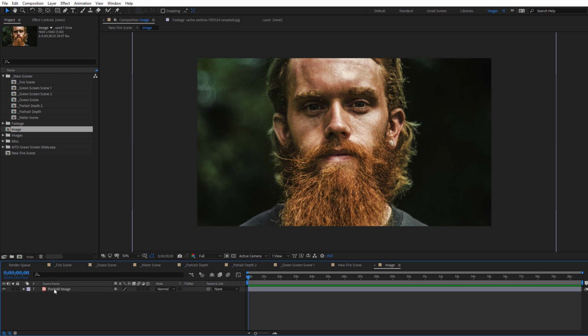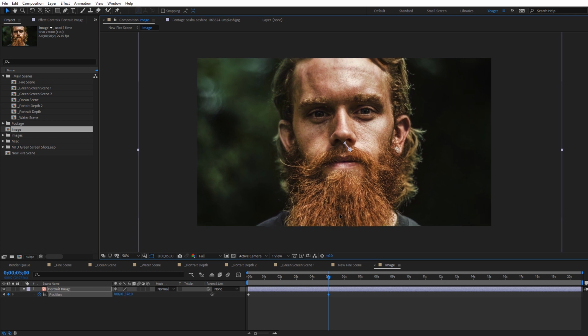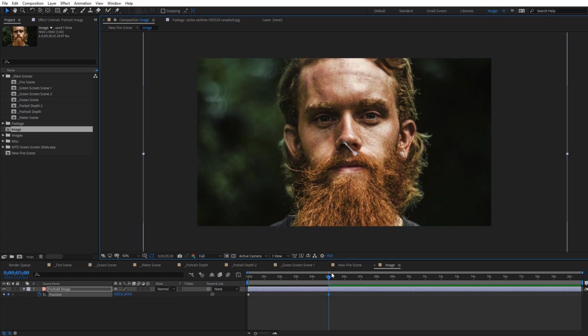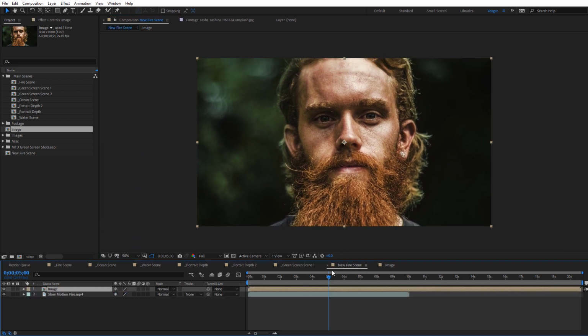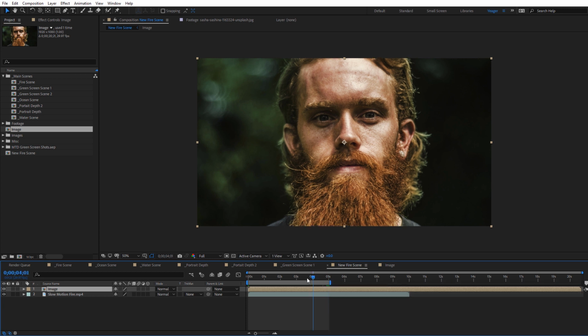So I can come into the image comp, and I can actually keyframe a little bit of movement onto this. So I'm going to hit P on the keyboard for position. I'll just create a keyframe there. I'll move down here about 5 seconds. And I'll just go ahead and move this over just a little bit, just to add a little bit extra dynamic movement to this. And when we come back out here to our main composition, we can see if we go ahead and scroll through this, we have just a little bit of extra movement, just to make it a little more interesting.